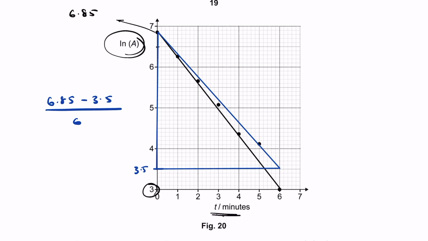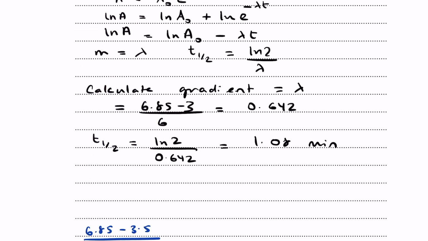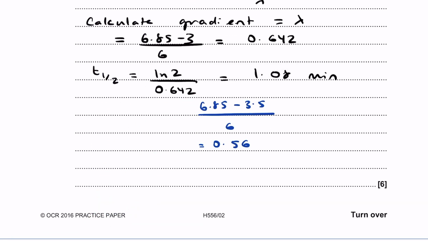So that is going to give me a value of 0.56. Right, so let's move down here. That was the gradient of the worst line of fit. So now I could work out the value of t half. So t half is ln 2 over 0.56, and ln 2 over that is